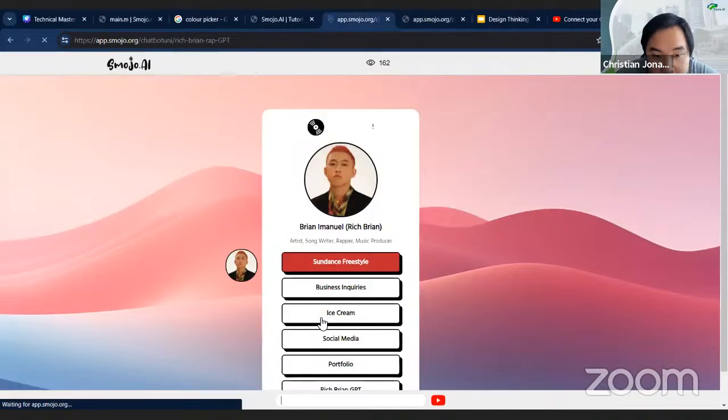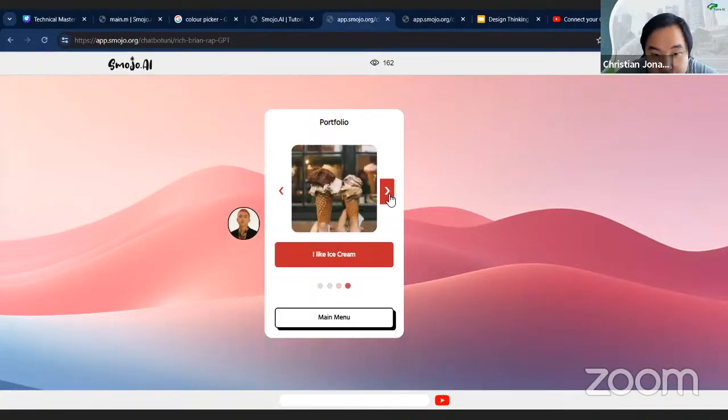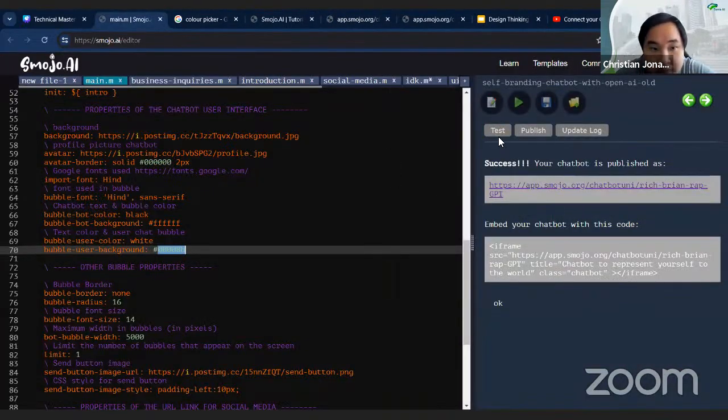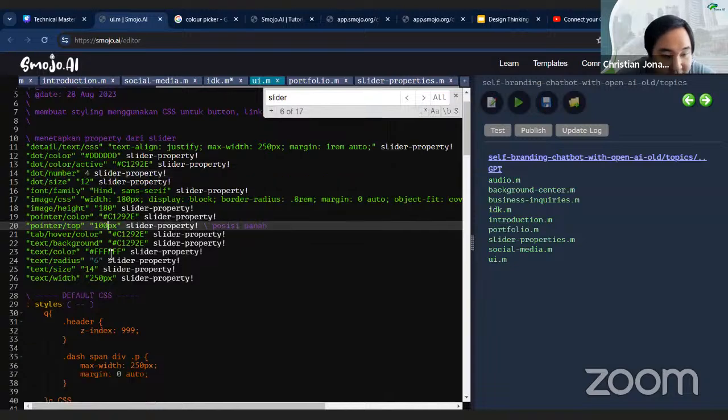We'll go back to main menu or reset and portfolio. Now we have 4. Yeah. So the answer is at the UI.m. I think for this template, all the display is actually controlled by UI.m. So you can investigate